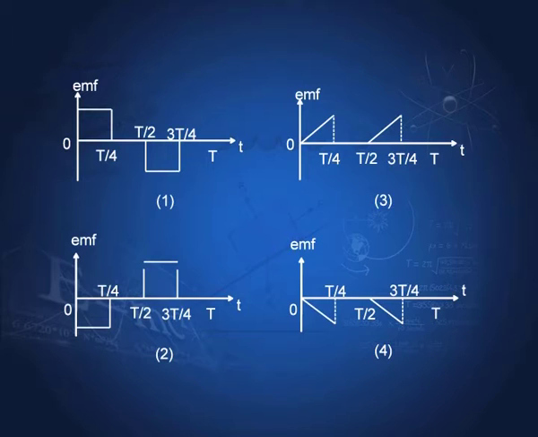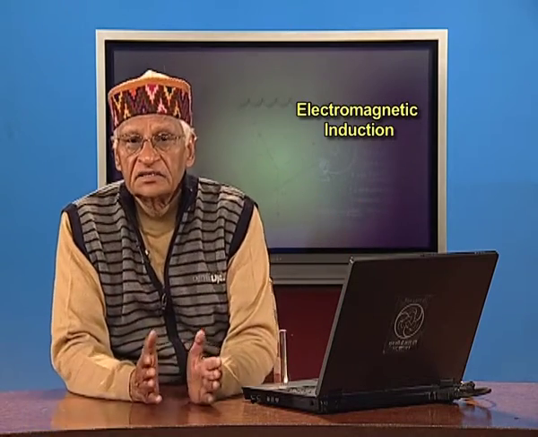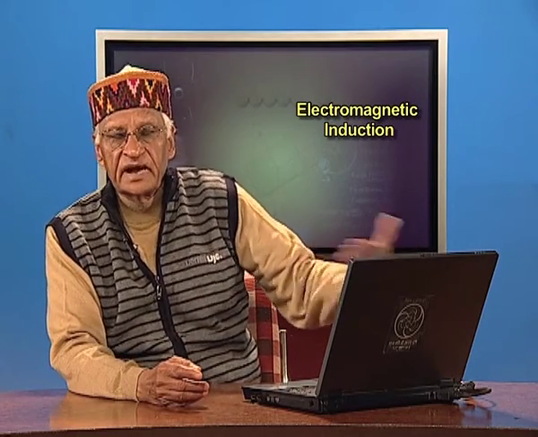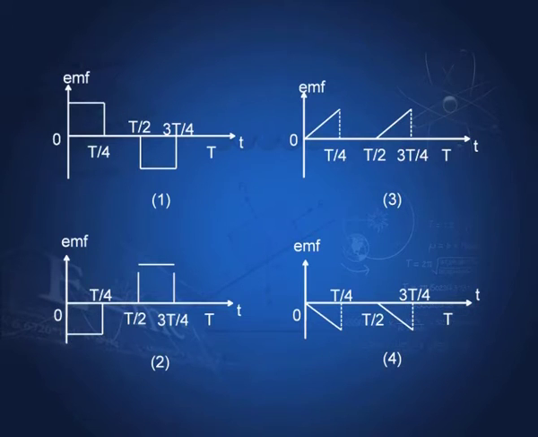Let me emphasize, the current is increasing, magnetic field is increasing, therefore, the flux is increasing and therefore, there is induced EMF. When the current is constant, the magnetic field becomes constant, there is no induced EMF. The current is decreasing, again magnetic field is decreasing, flux is decreasing, therefore, there is an EMF which is produced, and EMF is always in the negative direction, minus d phi by dt, if you remember. So, therefore, it is this that corresponds to the variation of current like this.